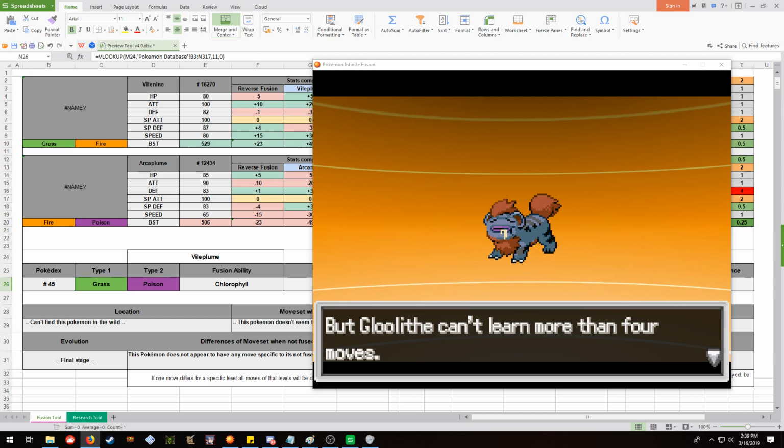Alright, what does Growlithe learn? Growlithe could learn Heat Wave. Or if we do physical, it can do Flare Blitz. What's Flare Blitz? That can reflect. But on the other side, Gloom could learn Petal Blizzard. I think...